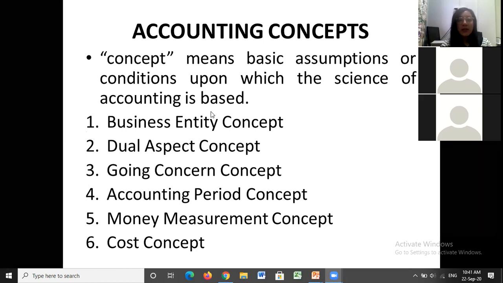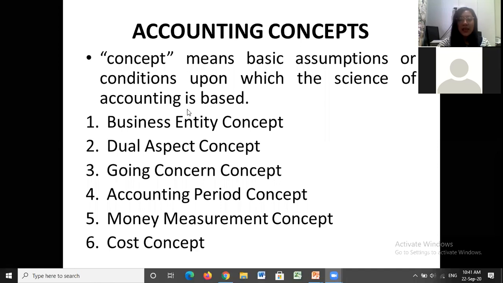Okay, first, we will start off with accounting concepts. Like I've mentioned, today we will discuss two topics, accounting concepts and accounting conventions. First is accounting concept. When we say concept, it means basic assumptions or conditions upon which the science of accounting